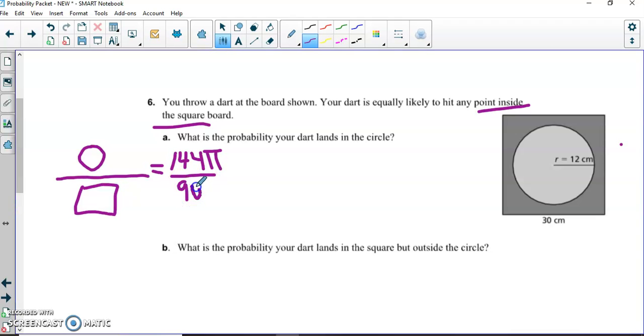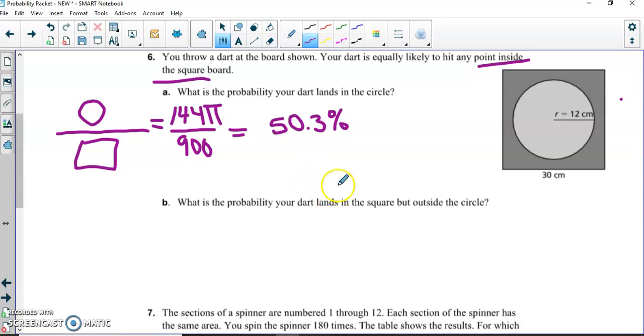Okay, then I'm just going to use my calculator. So 144 times pi divided by 900 gives me 0.50 and so on. So it's about 50.3% if we're doing this as a percent, okay? You could leave it as a reduced fraction or a decimal, but I'm going to do this one as a percent. Now, what's the probability your dart lands in the square